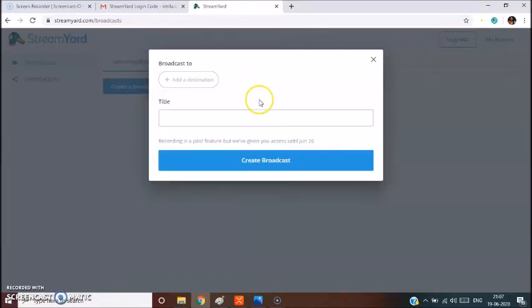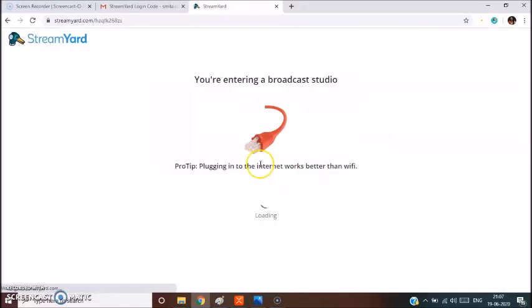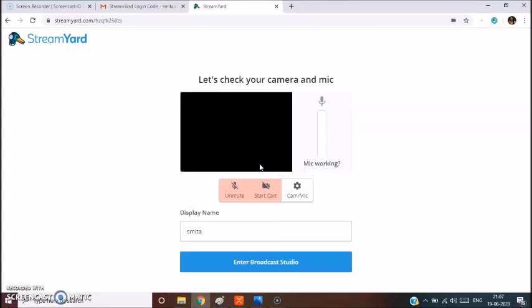So click on this. You need to provide the title to your broadcast and click on Create Broadcast. So here we are entering into the broadcast.